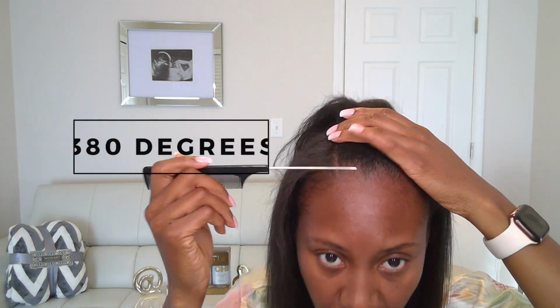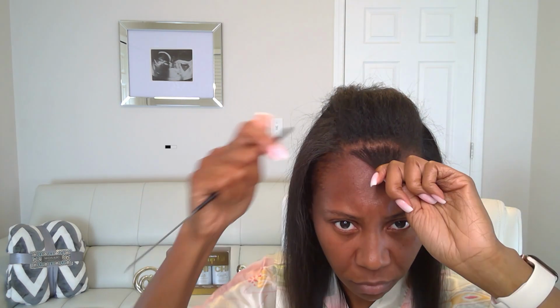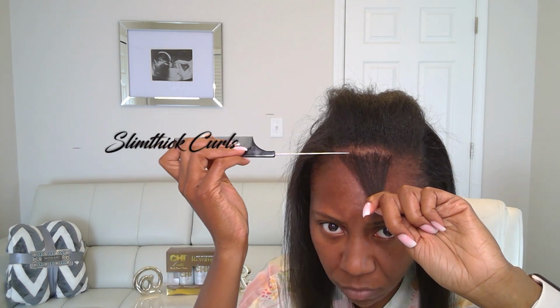As I flat iron my hair and work my way up to my edges, that's when I straighten them. I know a lot of people straighten their edges first, but this way just works for me and my flow. So if that works for you, do you, but this is what works for me. So I section off a small area of edges, comb through it with the rat tail comb, and do a